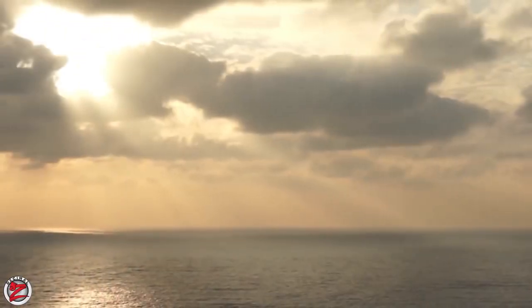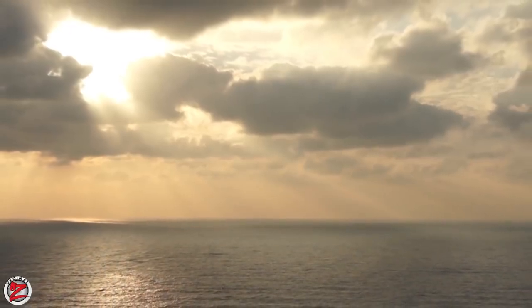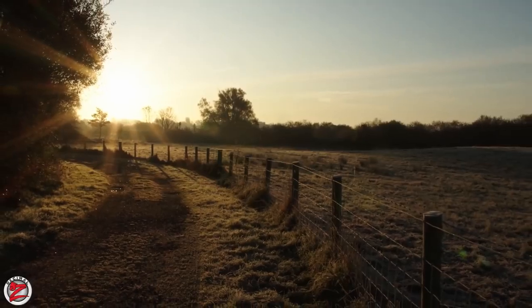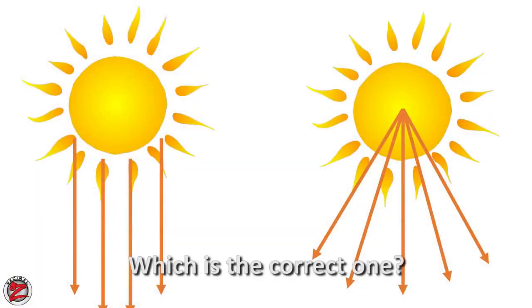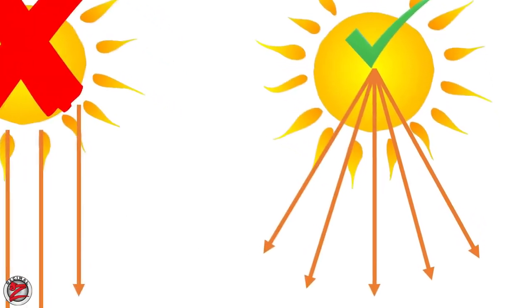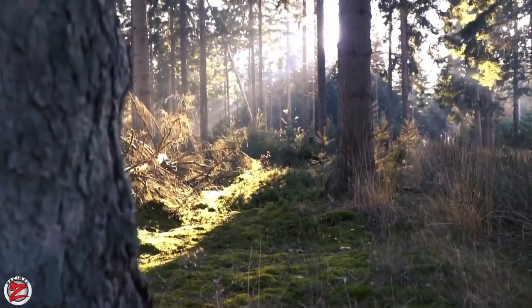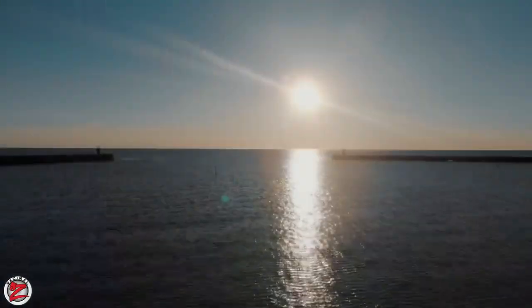So after discovering the circumference, they realized that they had a little problem. How can the sun rays reach Earth in parallel lines? If the sun is a circle or a ball, then all the light rays have to come from the center. That is to say, from one point as seen here. They clearly realize that light rays cannot be parallel because they must intersect in one point.